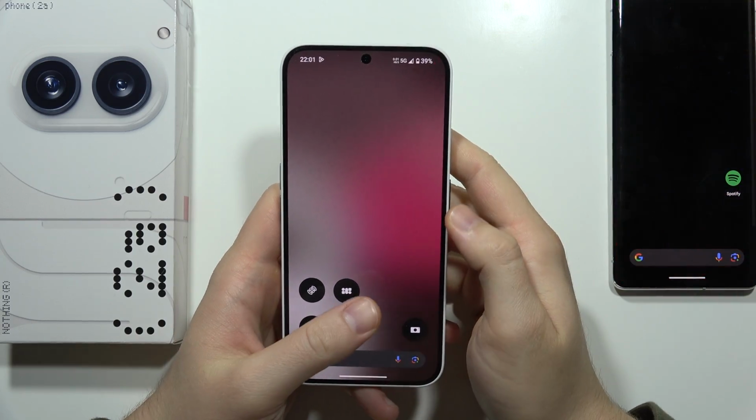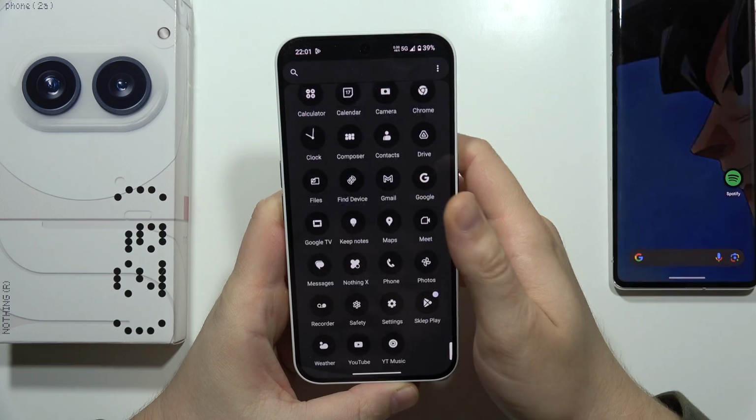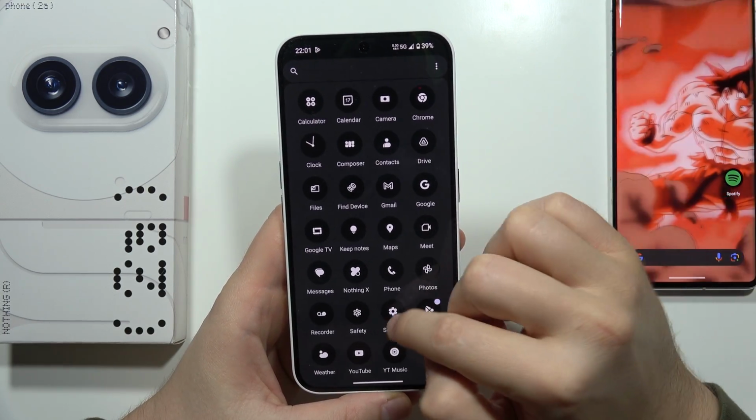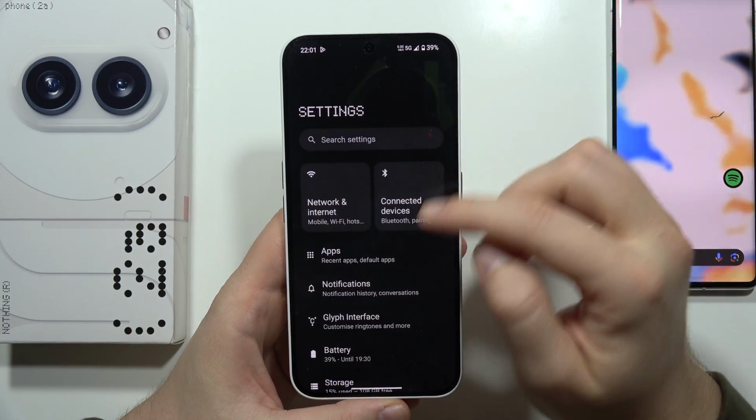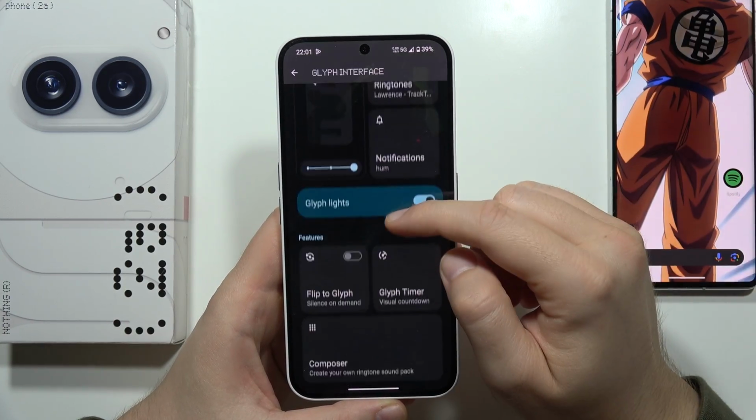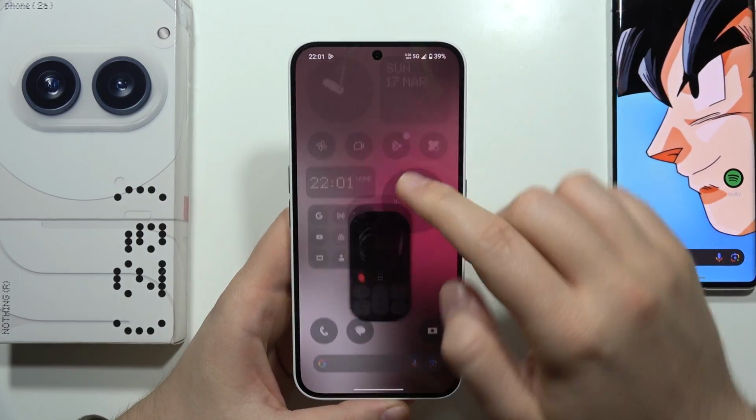Hey, let me show you how you can create your own ringtones on the Nothing Phone 2A. So all you have to do is basically be connected to Wi-Fi or mobile data, then go into the settings, and from there go into the Glyph interface. Now scroll down and move into the Composer, and you will be redirected automatically into